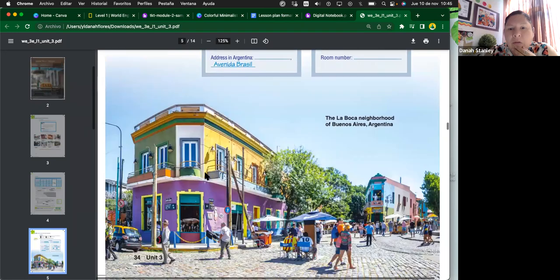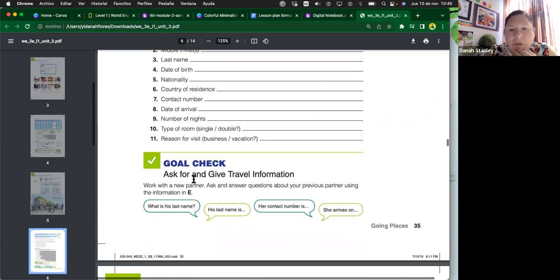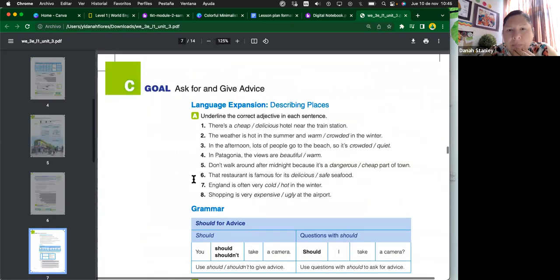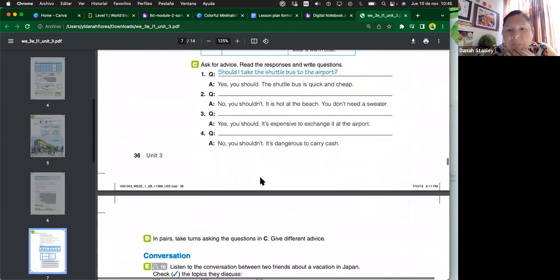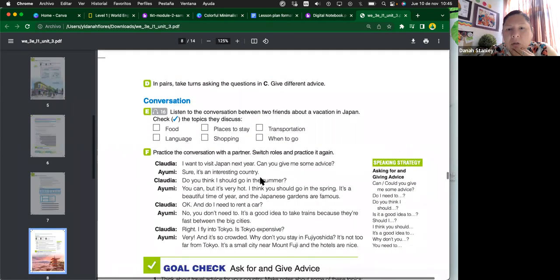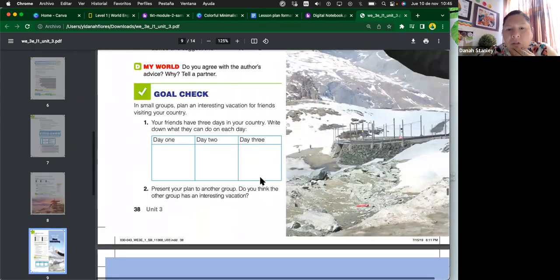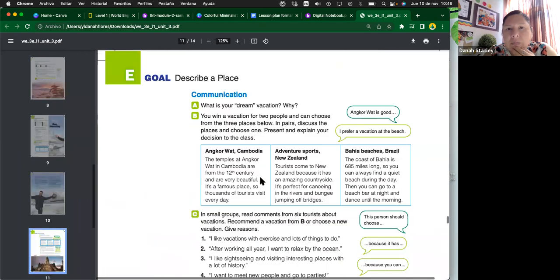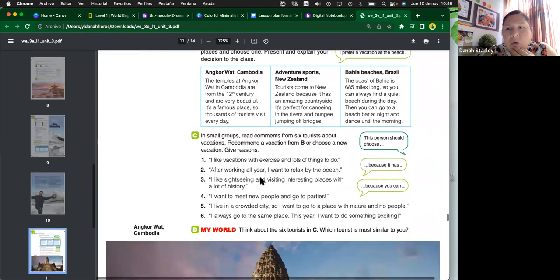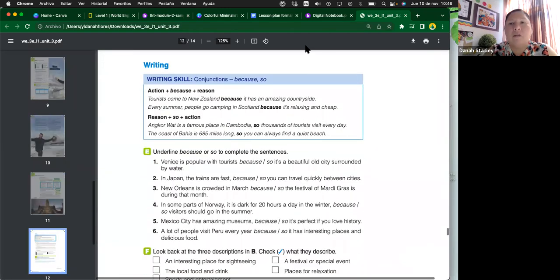Information about traveling. Personal information. Describing places, should, shouldn't. They planned a vacation. They saw, pues they are describing a place. Ok. Entonces,